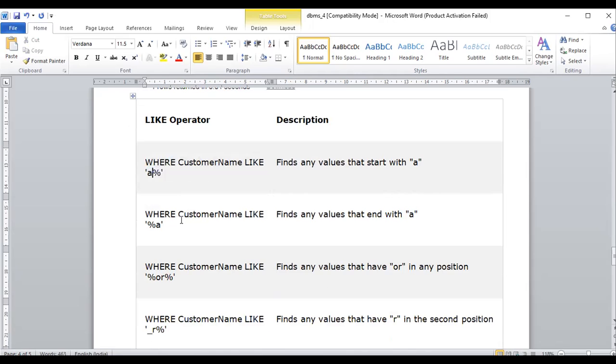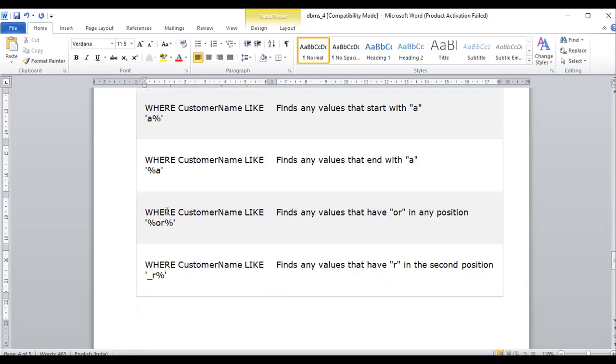Suppose I have written where customer name like '%A', that ends with A, meaning the percentage is at the start and it ends with A. Then where customer name like '%or%', what is the meaning of that?